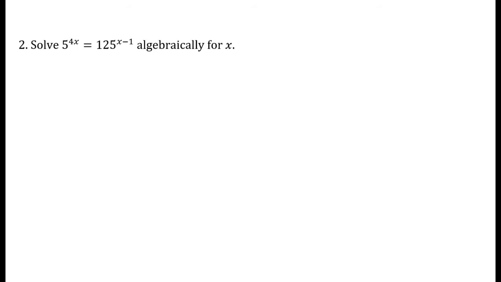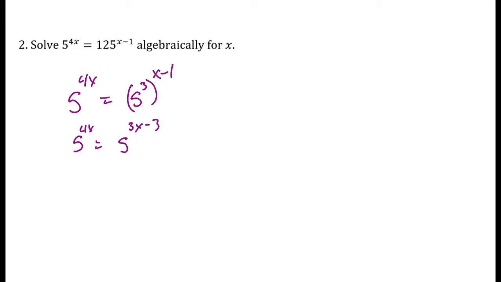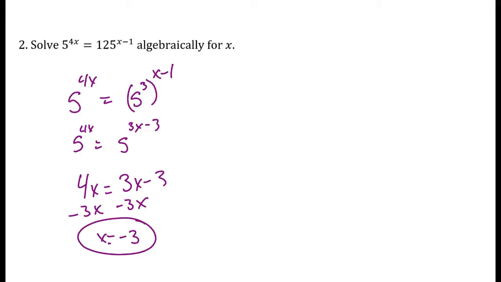Number 2, solve 5 to the 4x equals 125 to the x minus 1 algebraically for x. So how are 5 and 125 related? Well, there's nothing I can do to 5, but I can rewrite 125 as 5 cubed. 5 cubed is 125. Applying the power to a power property, we get 3x minus 3. I'll distribute right now. Now that my bases are equal, I set the numerators, not the numerators, I set the exponents equal,